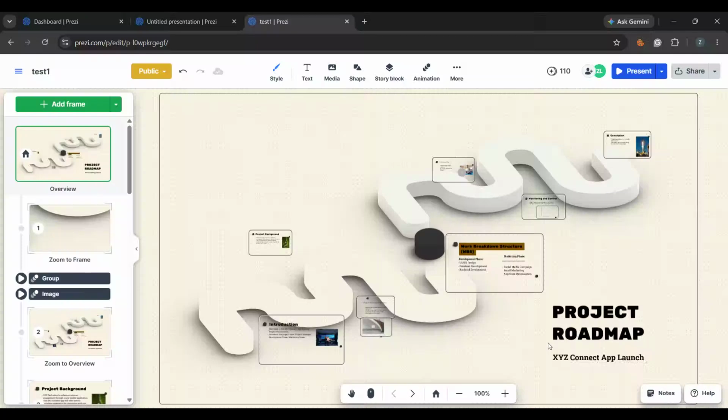If you need to send a Prezi presentation quickly and in the simplest way possible, this video will show you exactly how to do it step by step. This is the most common method because it lets your recipient open and watch your presentation directly in a web browser without needing their own Prezi account. So whether you're sharing it with a client, a teacher, a teammate, or anyone else, this method is fast, clean,